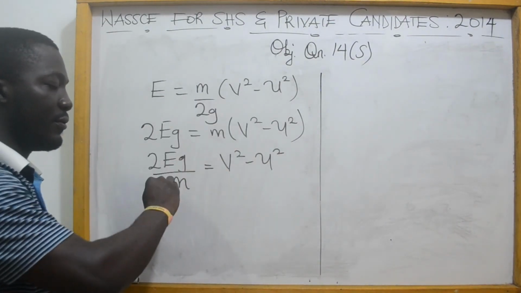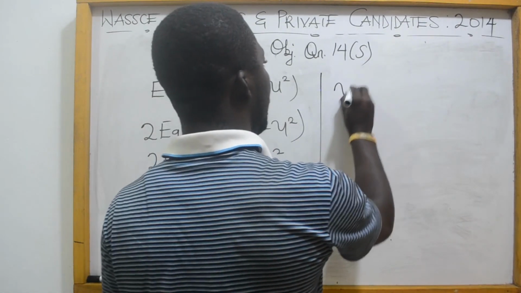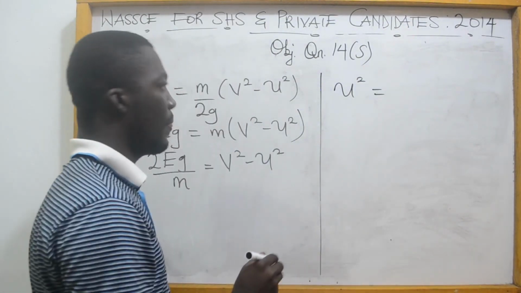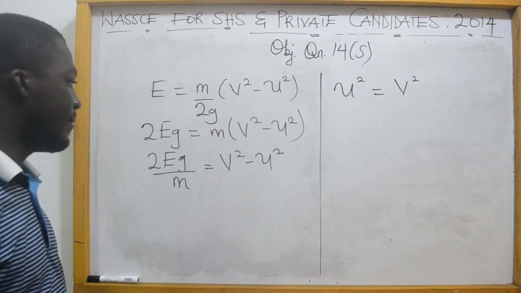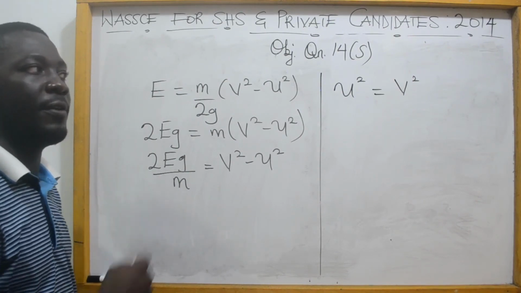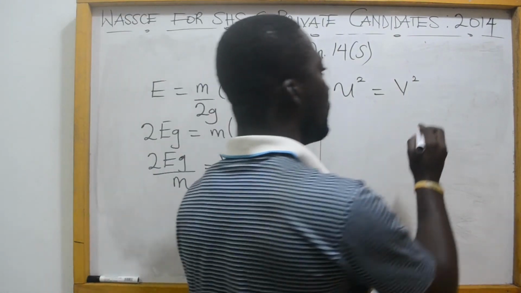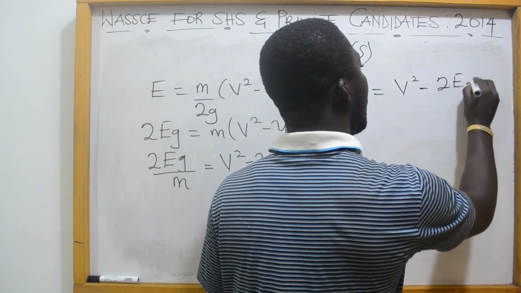transposed to the left hand side. It is negative, so it becomes positive. U squared is equal to, then at the right hand side we already have V squared. And this term 2EJ over M will be transposed to the right hand side, and it will become minus 2EJ